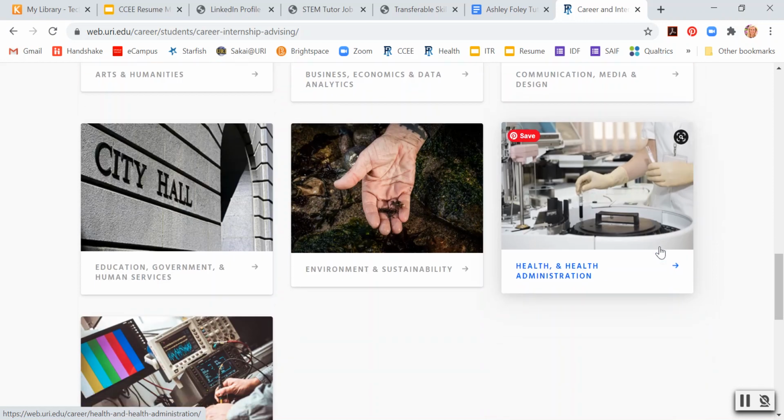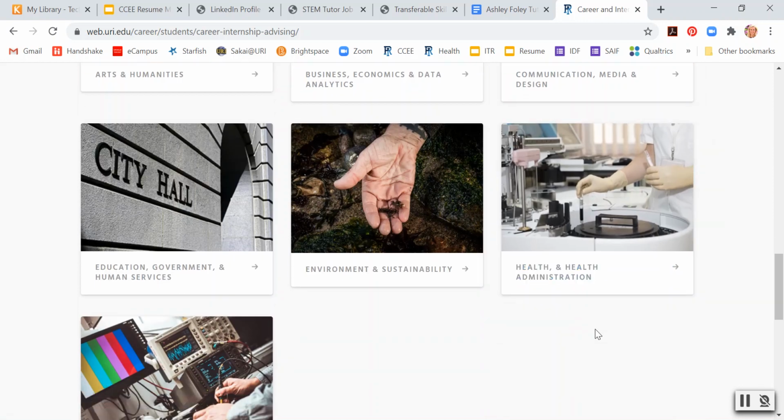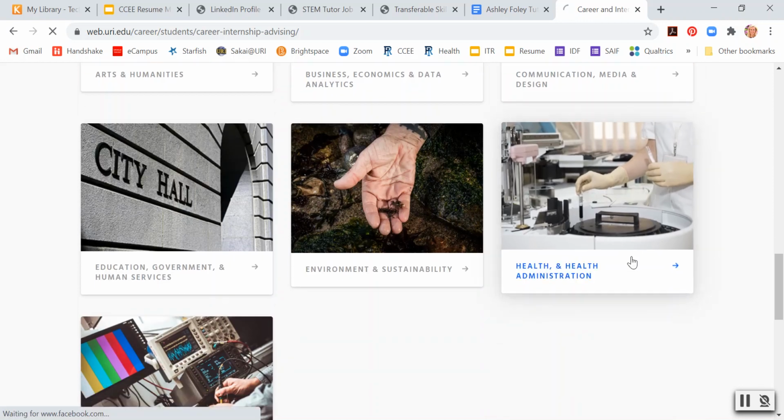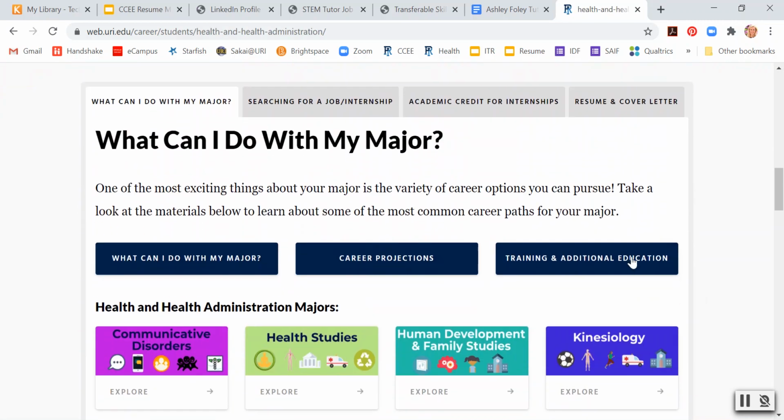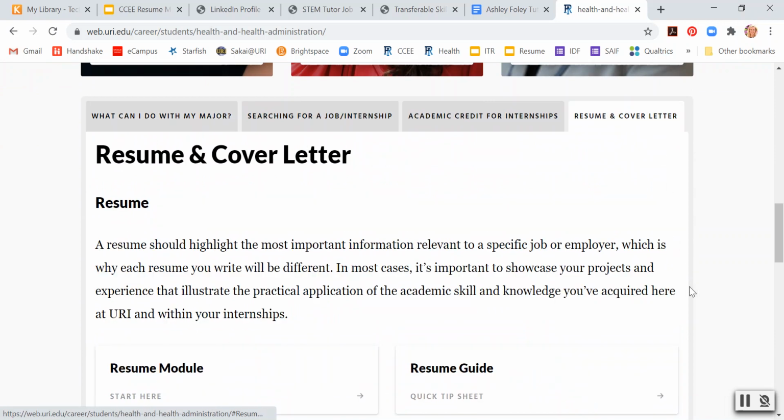In this example, I am an HDF major, or Human Development and Family Studies, and I'm going to select on the Health and Health Administration page. As I scroll down, you can see the Resume and Cover Letter tab here. Back to my resume example,